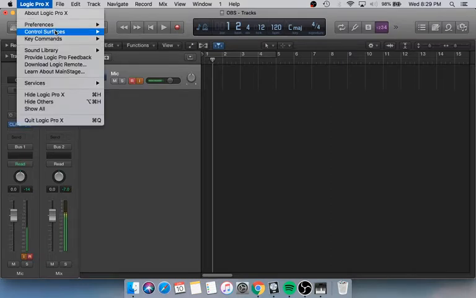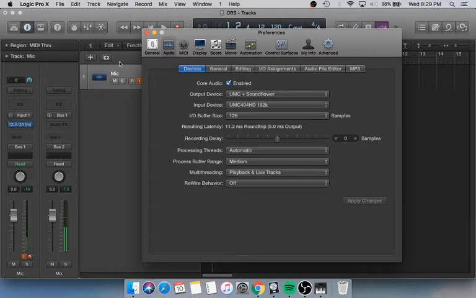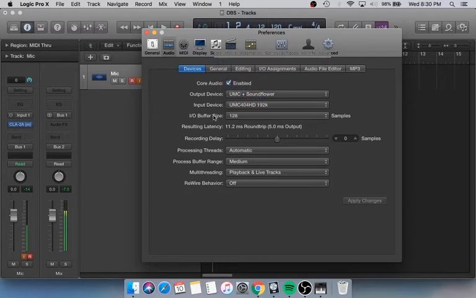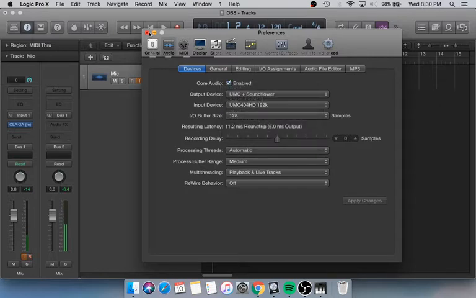The first thing we need to do is go to the audio preferences, and we're going to select our output device as the aggregate device we just created, where we selected the interface and Soundflower both. We're going to keep the input device as our interface only, or we can also select the aggregate device we created.